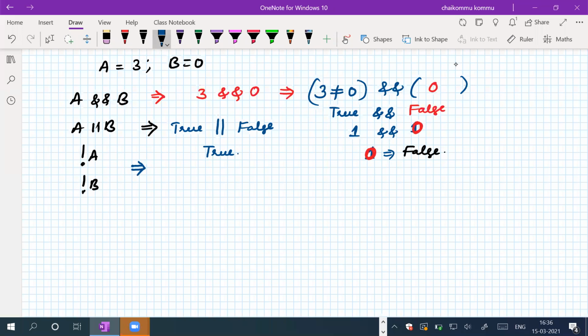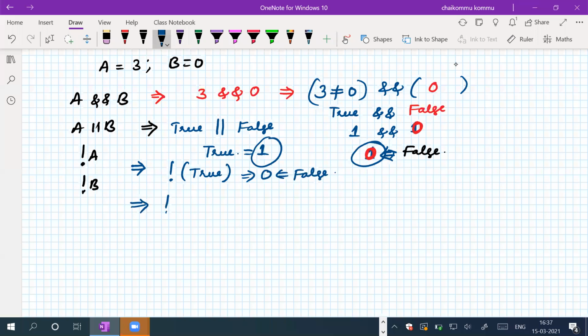So it shows that it will give you the logic one as an output. It shows you the logic value of this one. Please remember this way. What about not equal to 3? Is it true or false? Not of true. What will we get? 0, which means false. The output is false. What about not of this one? Not of false. What we will get here is 1, which means true value. Right? So that's how we can do it.